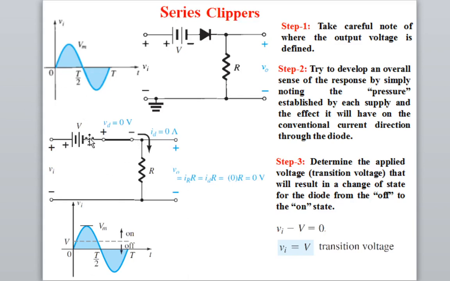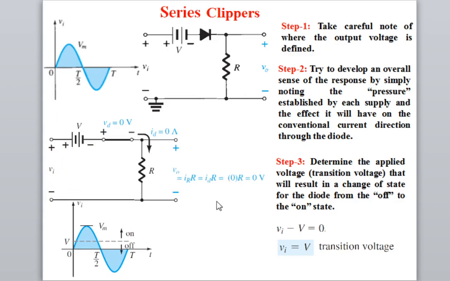Forget everything. Forget this input power supply, this voltage source. Just remember, you take two things, the diode and this resistance, and you consider the characteristics curve of a diode. We know that on the characteristics curve, if the applied voltage across the diode is equal to 0, then there is no diode current. If there is no diode current, the output voltage will be equal to 0. If the output voltage is equal to 0, let us say in this situation, now consider these two voltages, the input voltage and this voltage.